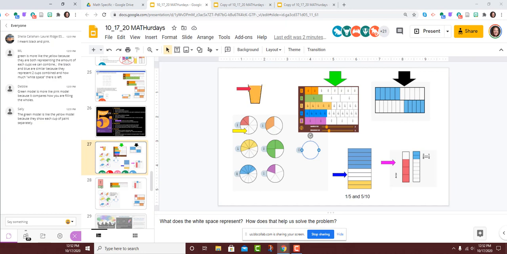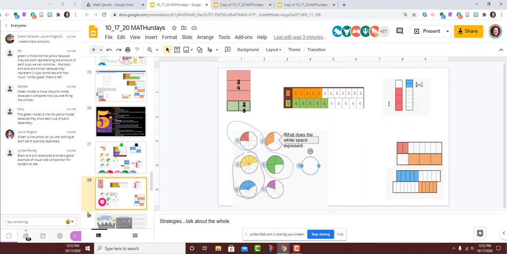So if we talk with our teacher hat for a minute, one of the things I'm doing here is building trust over the microphone with low level questions. What is the white space? And all of them, they're the same thing. But there are similarities and differences amongst these, and it's going to help us in the next strategy. So before we dive into some really deep mathematics, I want students to have a voice in the chat and have a voice using the microphone.